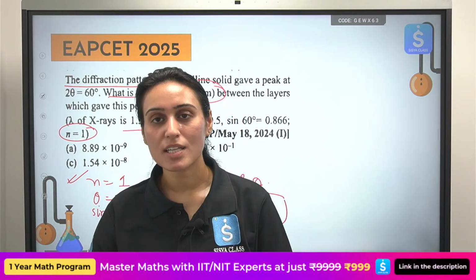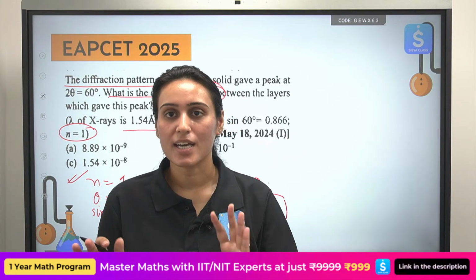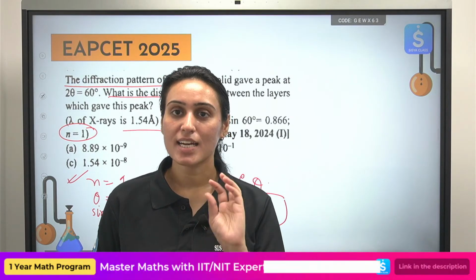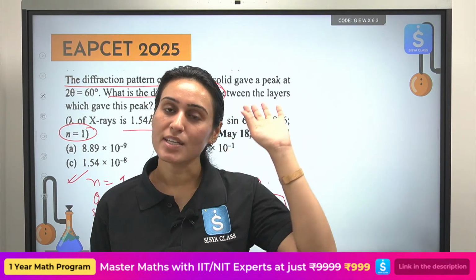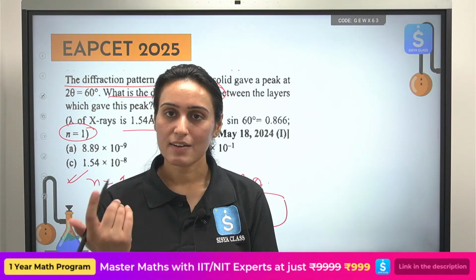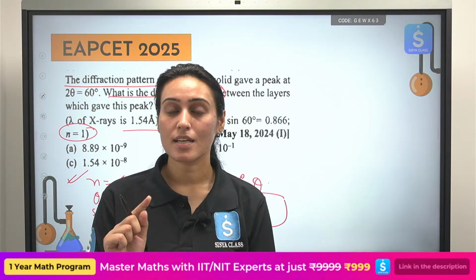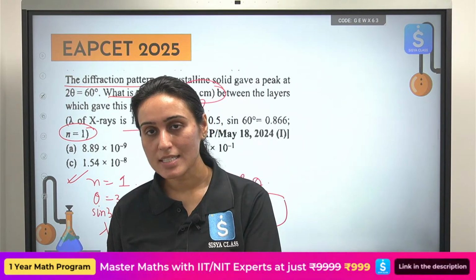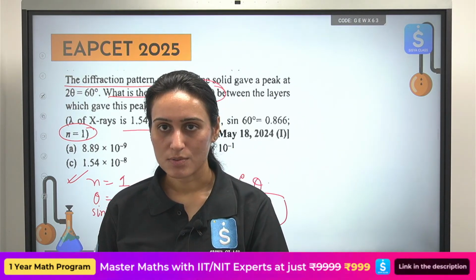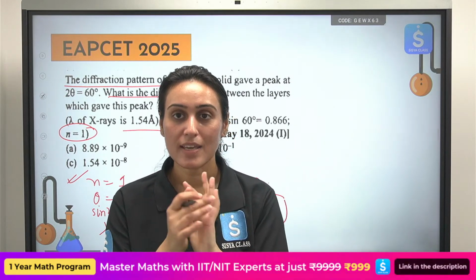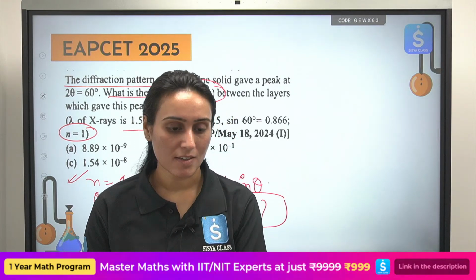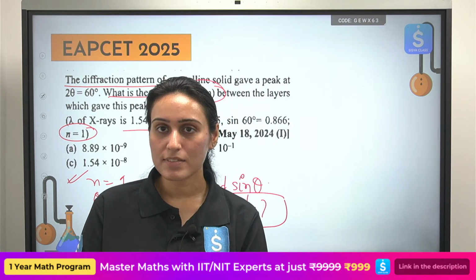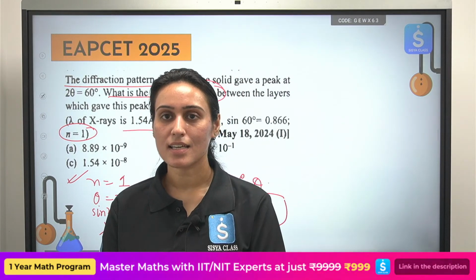If you follow one single concept, you can solve any one of them. I hope we can do that based on the examples we have covered in the class. After that, you have to practice also, obviously, but the concept will remain the same. Okay, we have learned about density, we have learned about Bragg's equation, and also about the defects in solids, and we have seen their characteristics also. So all the important points we have covered. We have solved questions also on the basis of that. I hope it is clear, and if you still have doubt, you can ask us in the comment box,